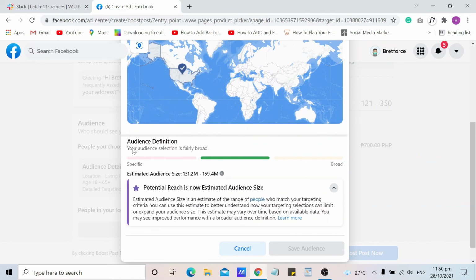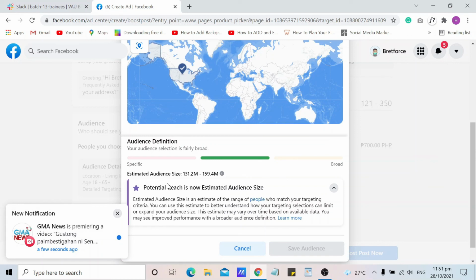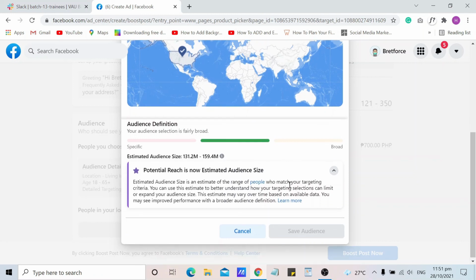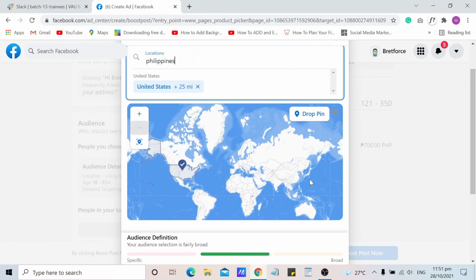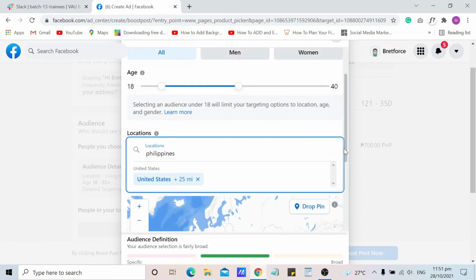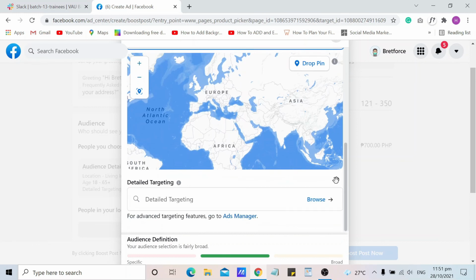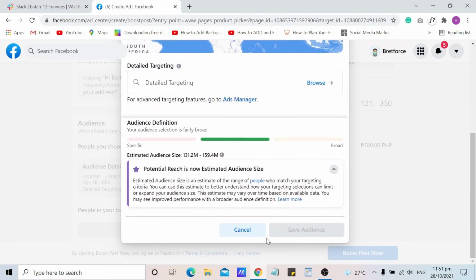And below you can see the audience definition. The estimated audience size is 131.2 million to 159.4 million. And then click Save Audience.